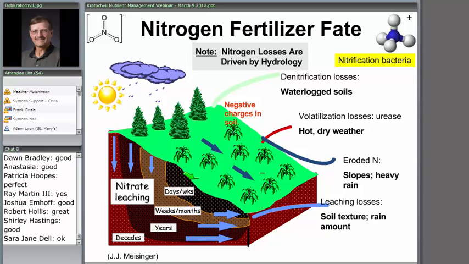Again, hydrology plays a factor. If we have too much precipitation, we can leach that nitrate down through the soil, out of the surface soil, into the subsoil, and away from the root zone for our plants. Eventually that nitrate can leach not only through the subsoil, but into the bedrock that's underneath our field, into the groundwater, and eventually it's lost again into our tributaries and into the